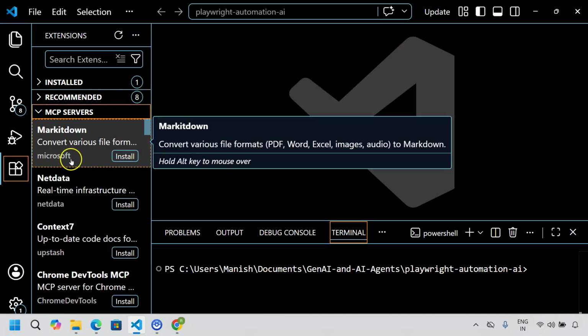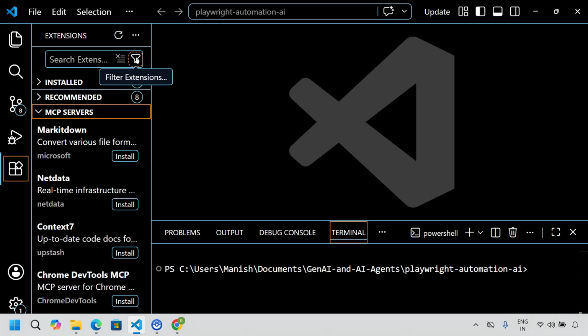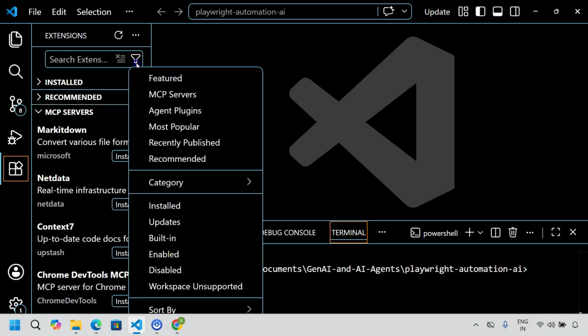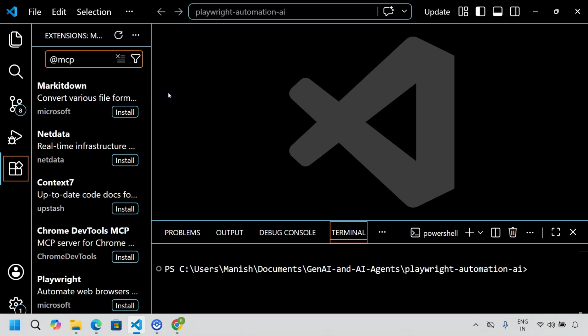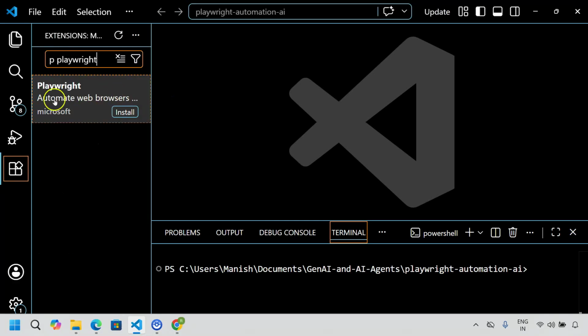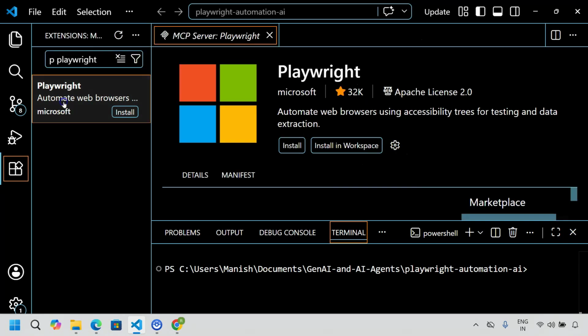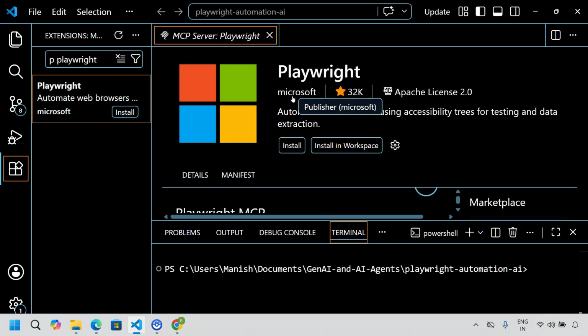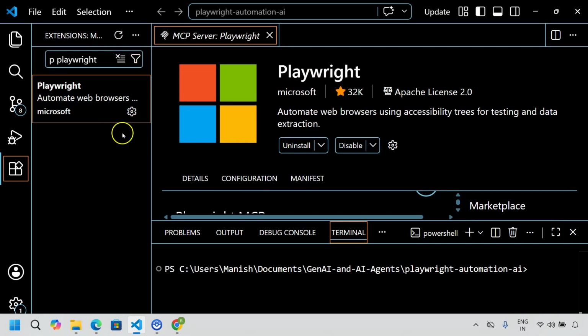Now in the MCP server, we can go ahead and filter for the Playwright MCP server. So I'll simply say MCP servers, and let's search for the Playwright MCP server. Okay, so you'll see Playwright MCP server is available. You simply click on it. You will see it is officially coming from Microsoft. Click on install and you will see straight away it got added into VS Code and it's ready to